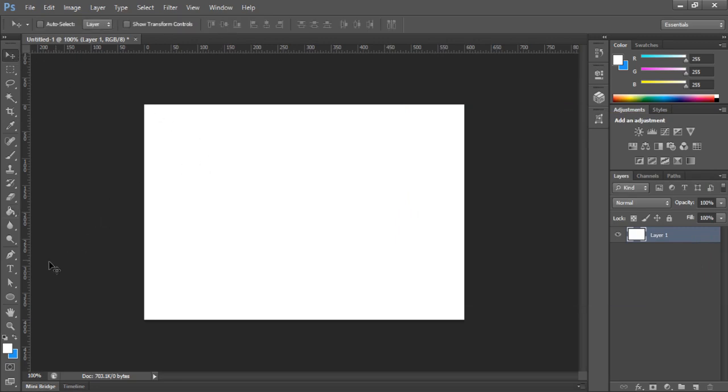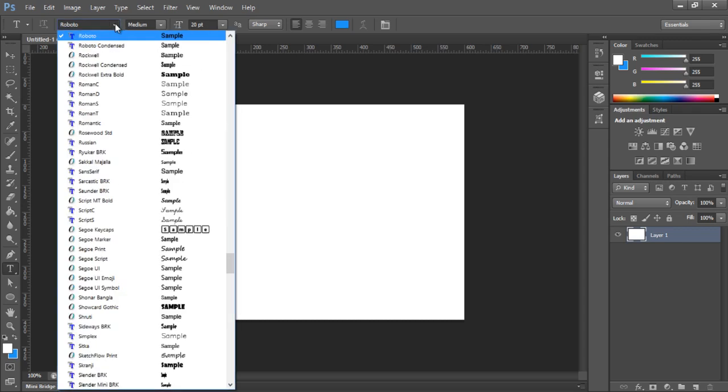Alright, so the first thing we are going to do with our blank document is go to this T, horizontal type tool, or just press T on your keyboard. You probably want to get in the mood of pressing T on your keyboard because you are going to use this a lot. Alright, so as you have your type tool selected,